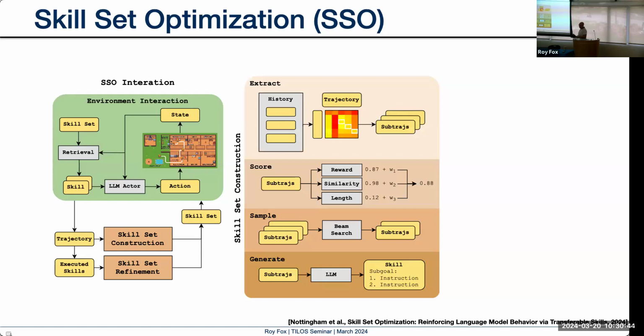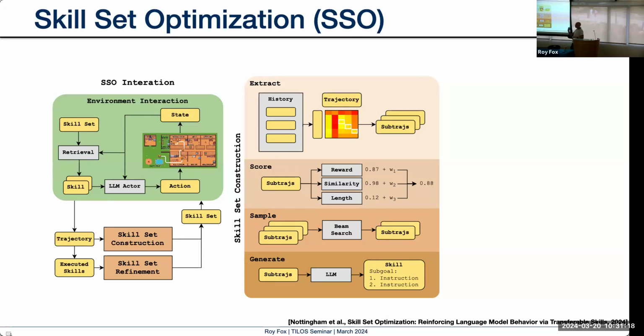Construction has 4 steps. First, we look at the trajectories that we collected. We look at the pairs of them, and we're looking for commonalities, right? So where the textual embeddings of the states follow a shared sub-trajectory for a while. So it's the diagonal here, where the 2 trajectories have high correlation for a while. So those are sub-trajectories that are highly correlated. They seem to follow a similar pattern semantically.